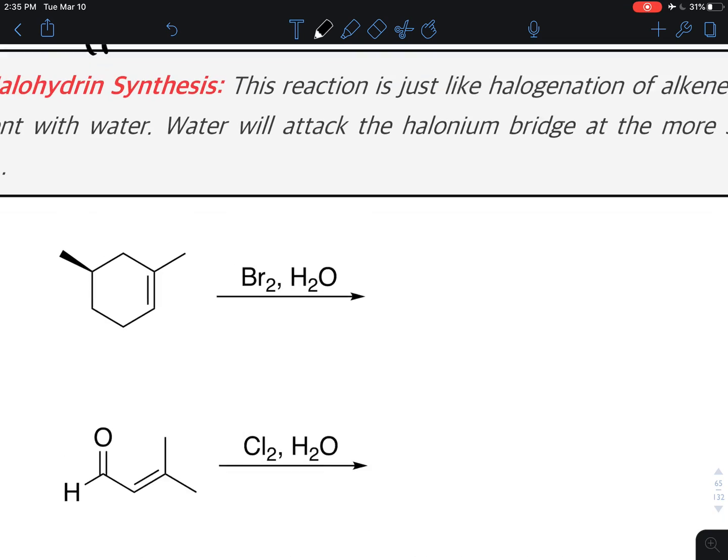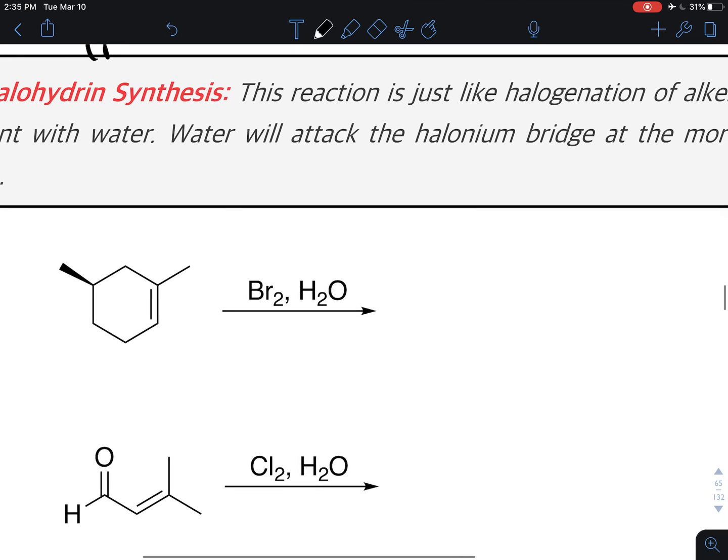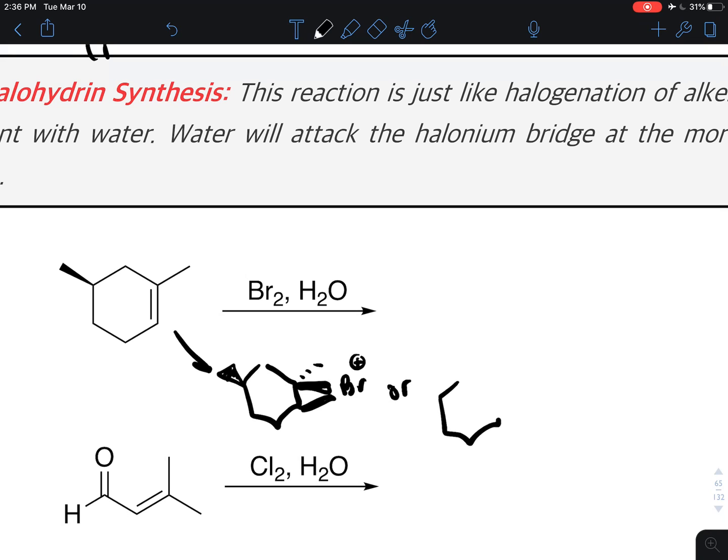So essentially, what we have going on is that we have that same alkene starting material and we have some sort of halogen. And that is going to be the same sort of reaction that we saw before in terms of concertedness. So we are going to see, directly to this step, either this guy or